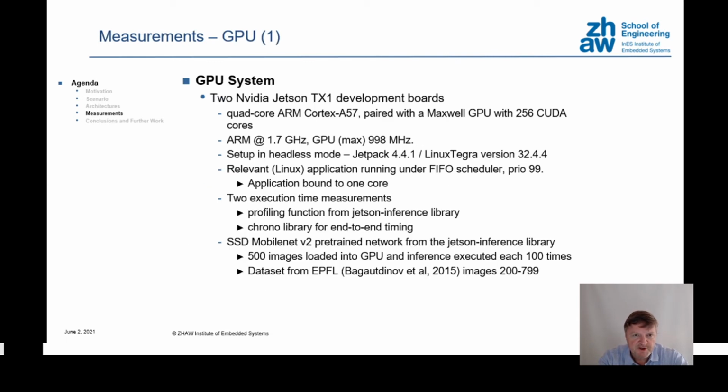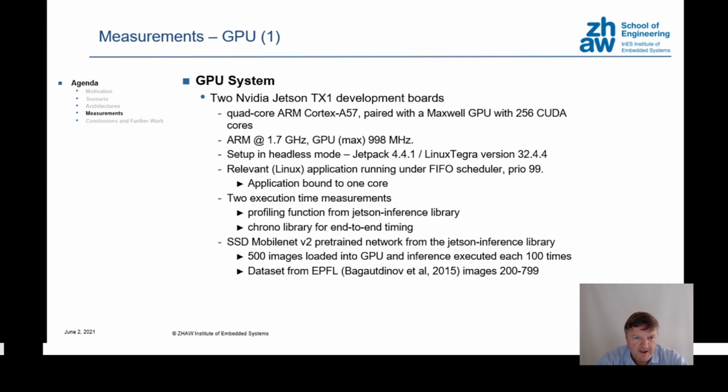If we move on to the experimentation, we take two NVIDIA Jetson boards. The Jetson has an ARM Cortex-A57 paired with a Maxwell GPU, 256 CUDA cores. The ARM will run at 1.7 gigahertz, the GPU at 998 megahertz. We set this up in headless mode using Linux. We have the application running under a FIFO scheduler, priority 99, and we bind this application to one core. So we assume that the application has the highest priority possible for an application running on this operating